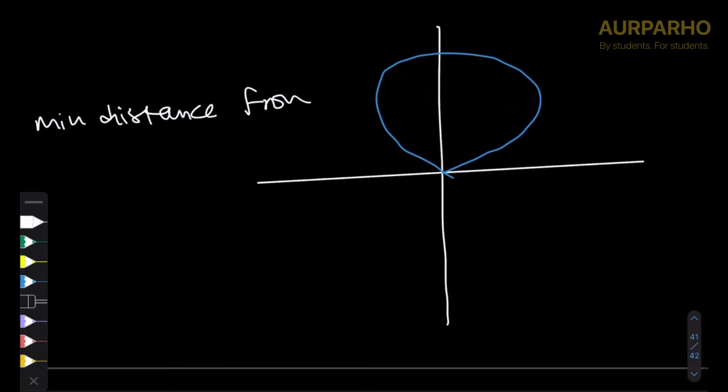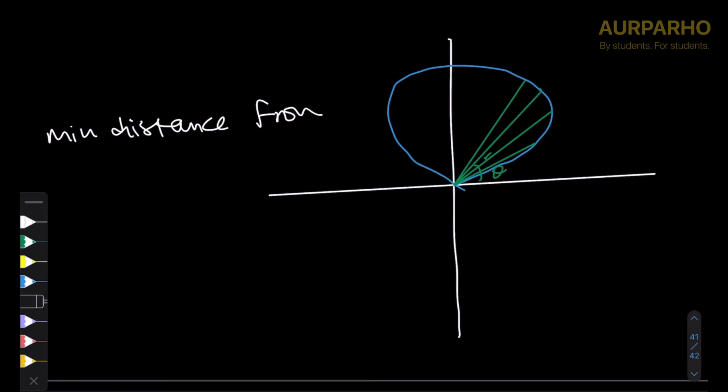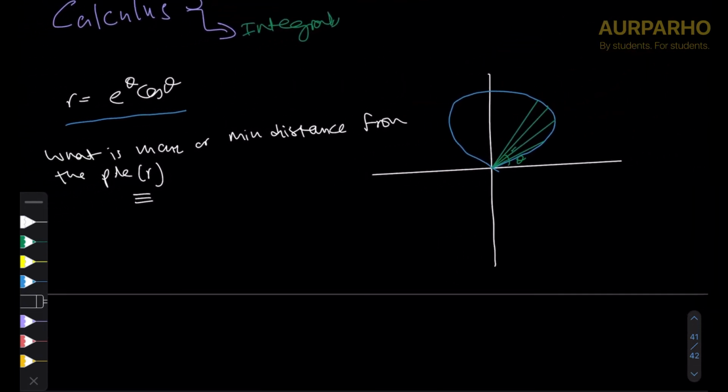So let's say this certain graph, let's say at this value of theta, this is hard to draw. You'll have to imagine mostly. At this value of theta, this is the r. When you increase theta, r is also increasing, r is again increasing until maybe this point. After this point, r starts to decrease. So they're asking you what is the value of theta at which r is at a maximum distance from the pole, right? So what you do is you take